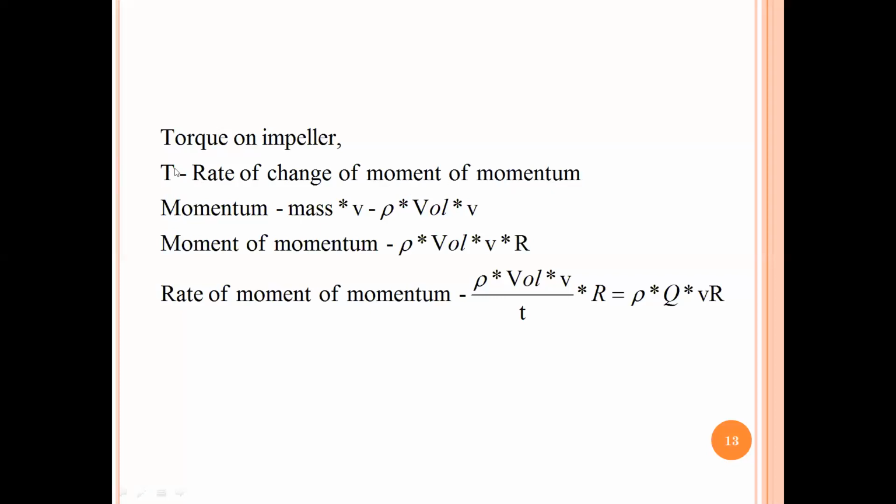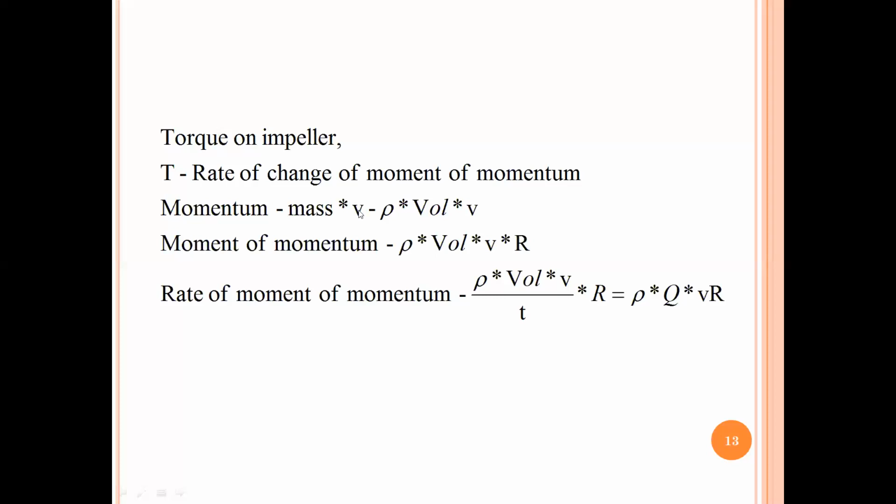That is your torque. Now, momentum is basically mass into velocity. Whenever we calculate, we don't calculate the mass; we write mass as density into volume, into velocity. Moment of momentum is when I multiply by its perpendicular distance, in this case my R value, radius. So I'll be getting rho volume velocity into R. This is in general terms, and I'm telling you this term because in my work done calculation, I'll be directly substituting this value. So I'm just showing you how it comes into the picture.